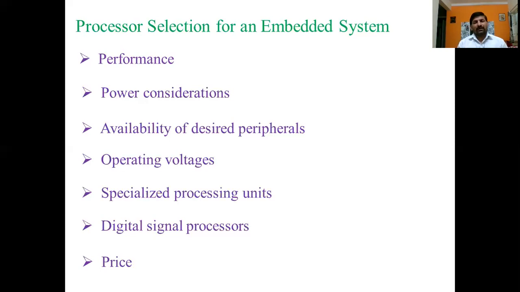Or in Hyderabad, FM radios cost is 100 rupees only. If you are using a 1,000 rupees product cost, 9,000 Core i5 processor, how is it possible to sell the product for 100 rupees? So we can check the price. Price is important. So is it within the cost or not? So these are the parameters we can consider while choosing the processor for designing embedded systems.